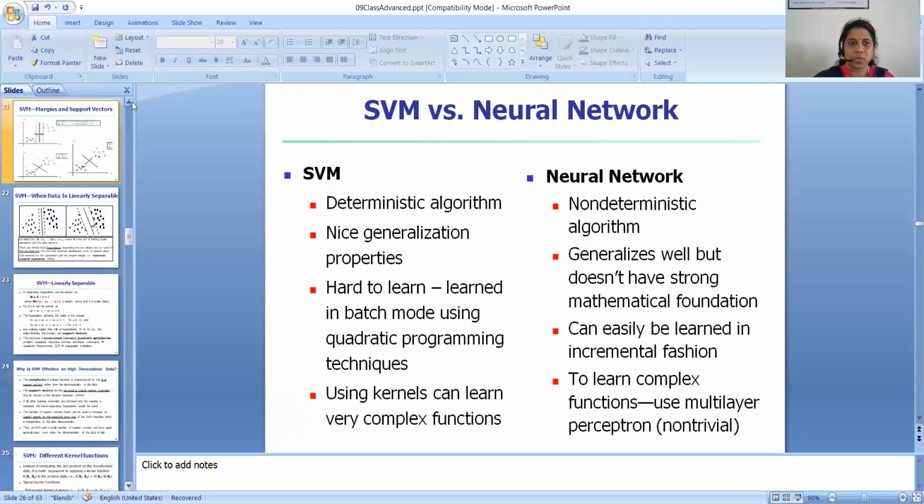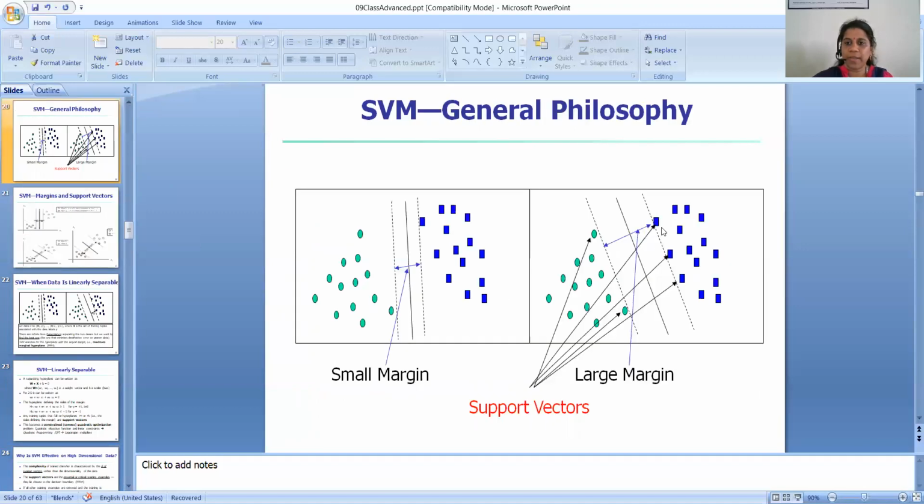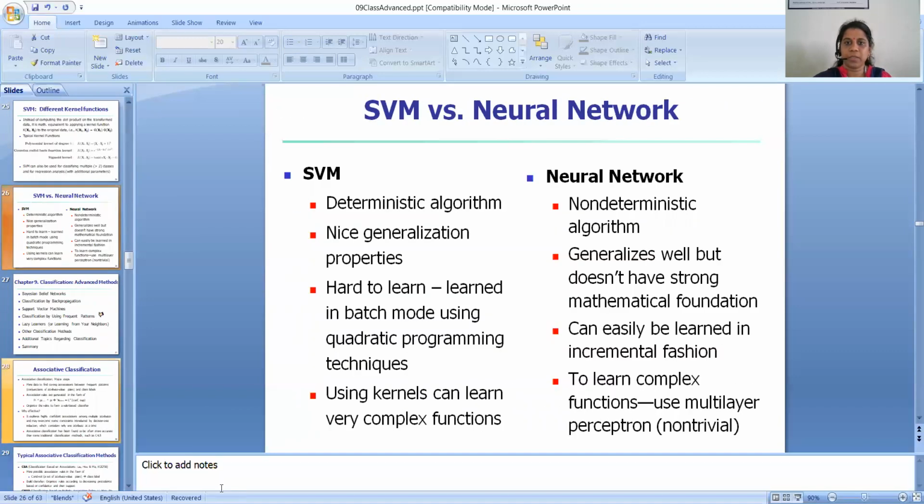Now, with SVM, as I told, the main thing is finding a hyperplane that gives the large margin, and a large number of attributes is also not a problem. We'll get a high quality result. The only thing is we need to try to minimize the number of support vectors. Now we'll compare the neural network that we did with SVM.